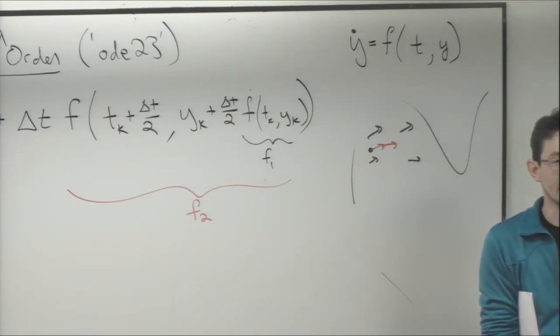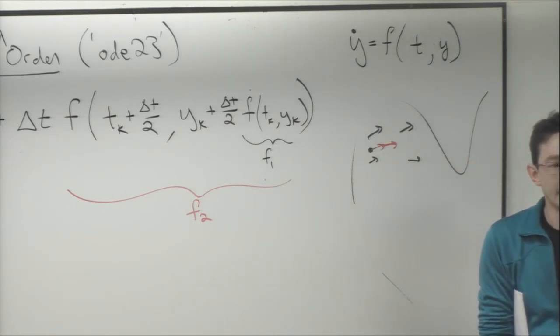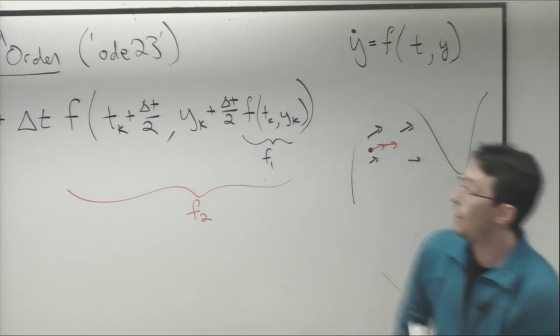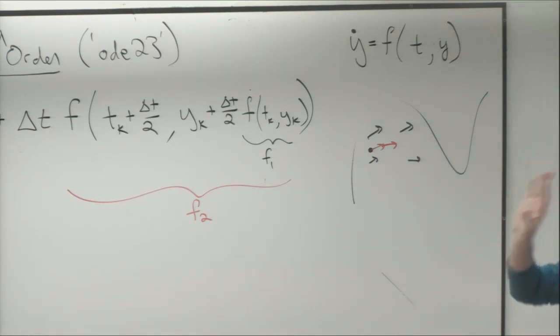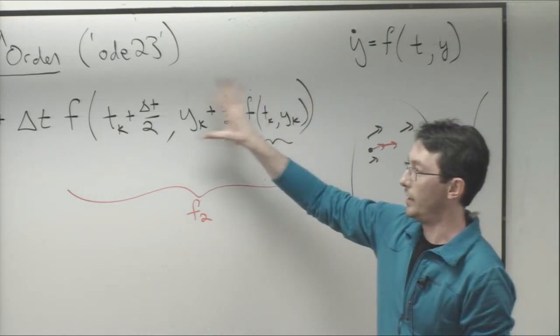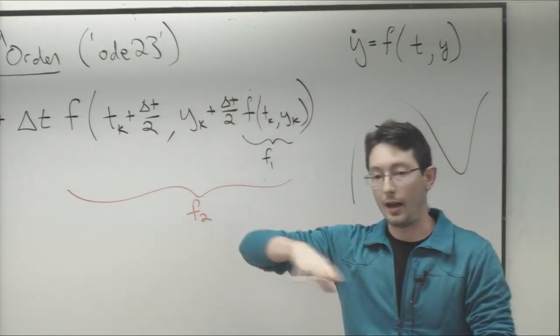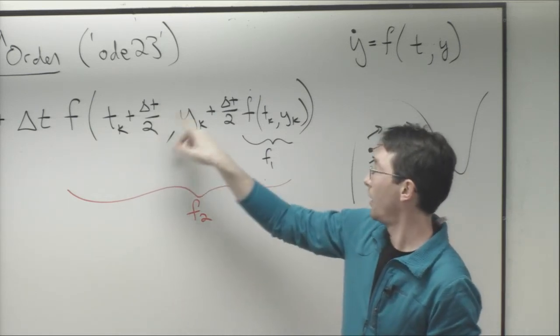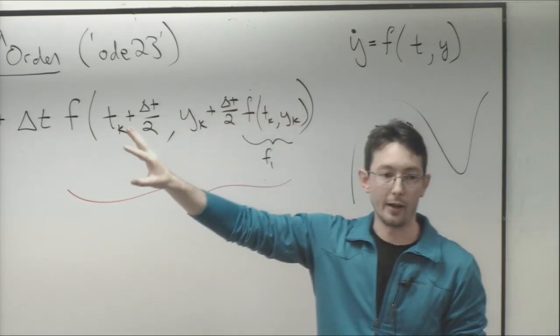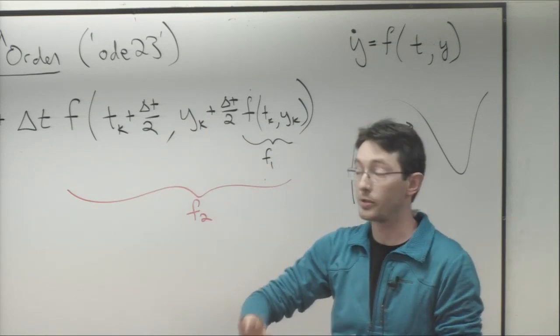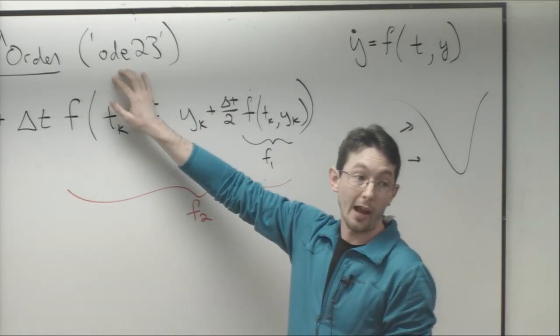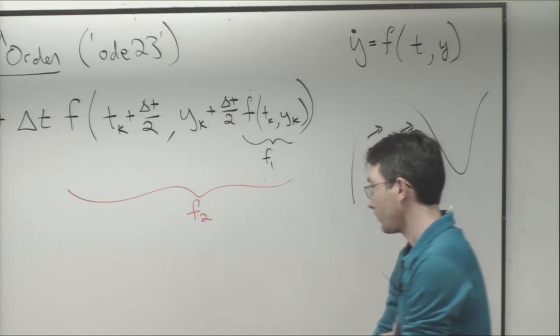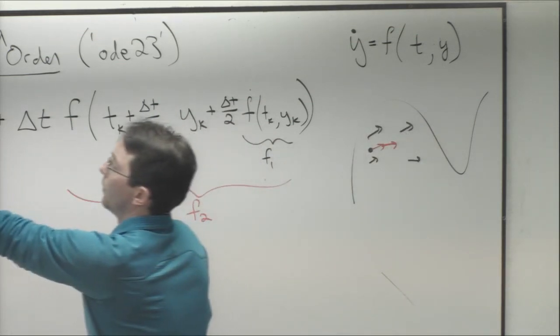I'm going to say this again, because this is a little hard to digest, and I'm just saying it in words. So you can derive this expression from scratch if you have, essentially, some freedom of these constants and where you evaluate your vector field. You could actually derive this algorithm from scratch to have second order accuracy, and I'm not going to do that. So what we're doing here,